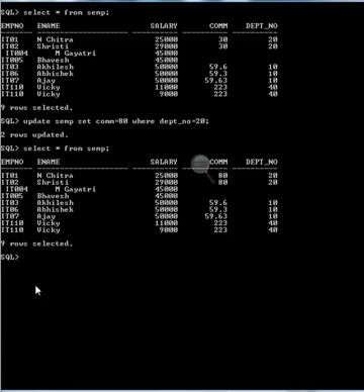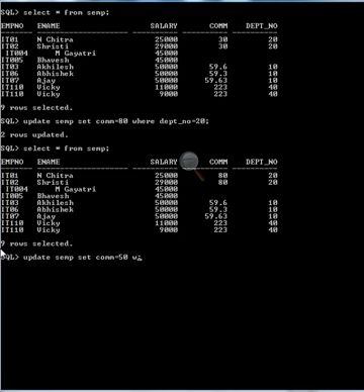Consequently we can make other changes in any column as per our requirement. Suppose I do not give a where clause, what happens? Update ACMP set commission equals 50, without the where clause.